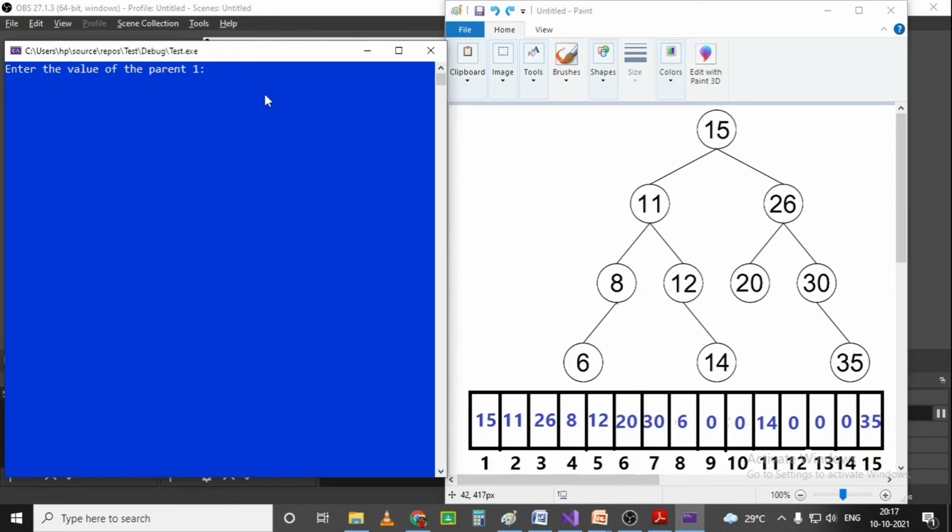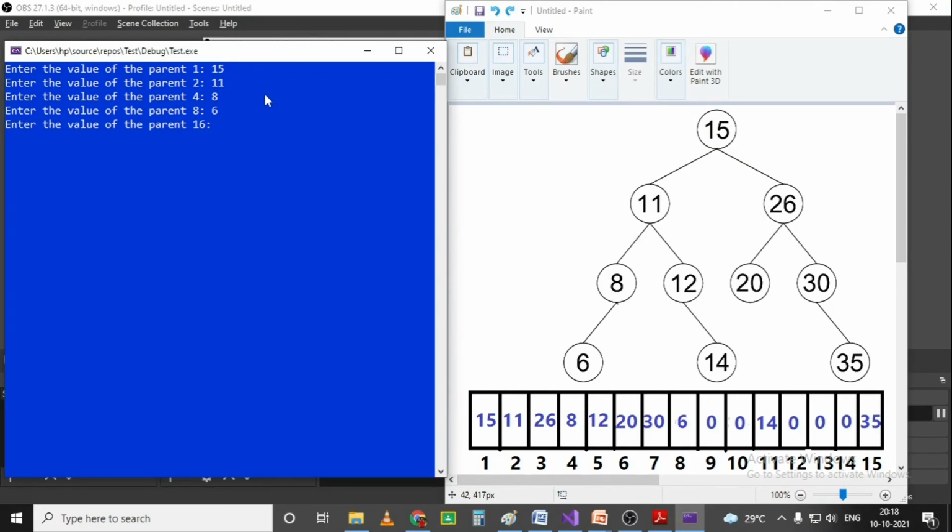So first parent 1. So parent 1 is 15, and then parent 2, which is 11, parent 4 is 8, parent 8 is 6, parent 16 is out of the array range.